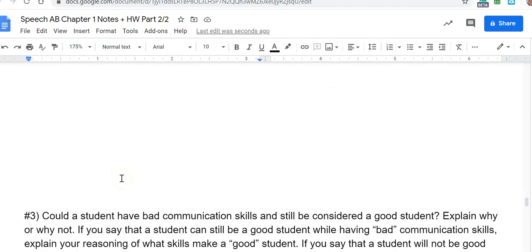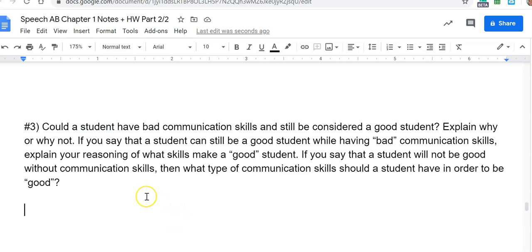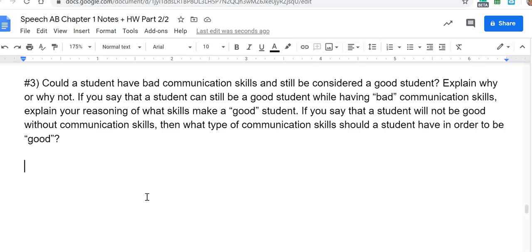And then number 3 is now to the student. Could a student have bad communication skills and still be considered a good student? Explain why or why not. Okay, so number 3 now will be in terms of students. Okay, so really think about these types of questions, and then I think I want to share your responses